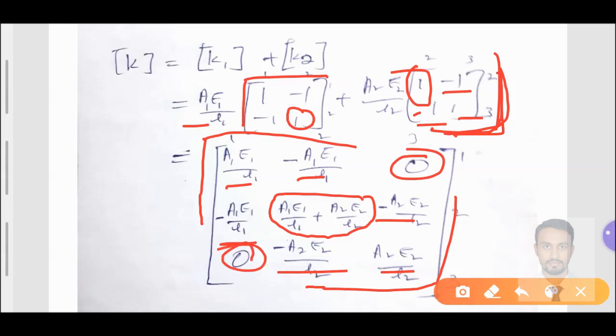So how we get the idea after getting the assembly stiffness matrix of the given problem, either it is correct or wrong, we can easily justify using this simple method for the stepped bar element. Now we got the idea how we need to add the elemental stiffness matrix to a global stiffness matrix.